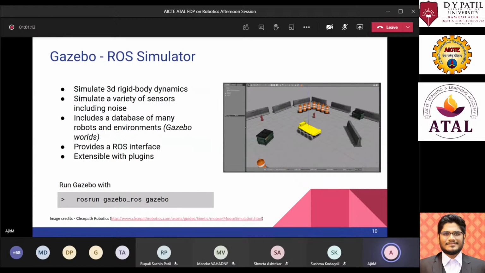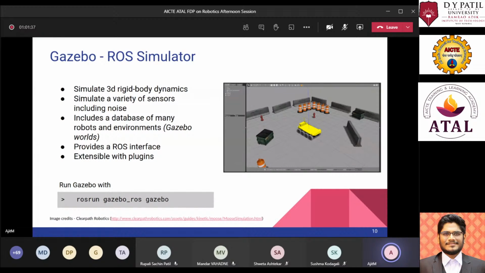All these sensors have been built up in Gazebo by many people of the community together, and they are combined in a single package. So you can use them to develop your own algorithm if you want to test it out, or if you want to develop a specific product, you can first simulate it and then go with the actual hardware of that product.